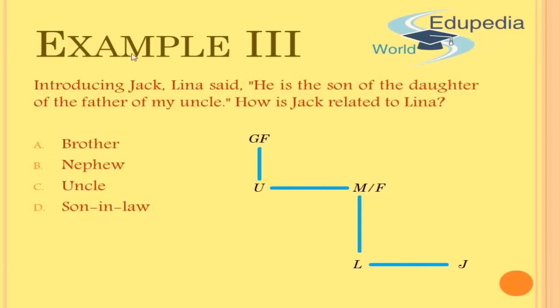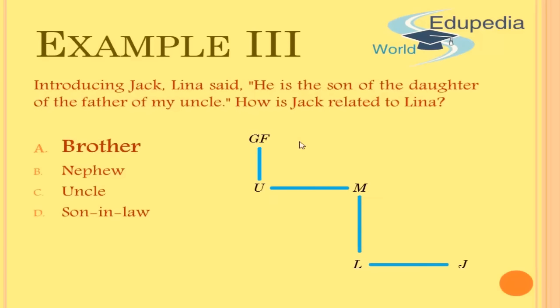So in this way, we can go step by step and we can plot this entire family tree. Okay, I hope this is clear to you. And finally, we came to know that the parent was indeed Lena's mother, since the grandfather has a daughter and it can't be the uncle. And this person, Jack, is the son of this lady, so he has to be Lena's brother. And that was my answer.